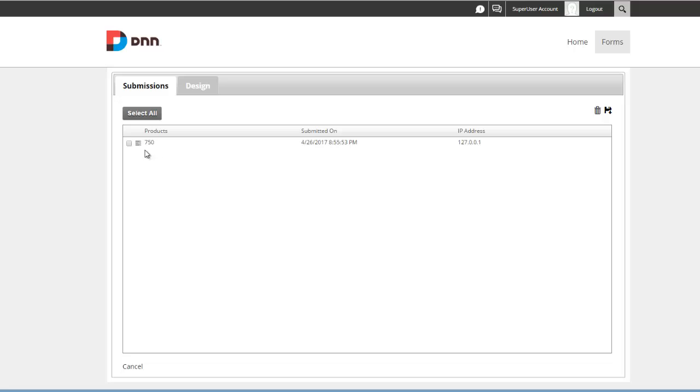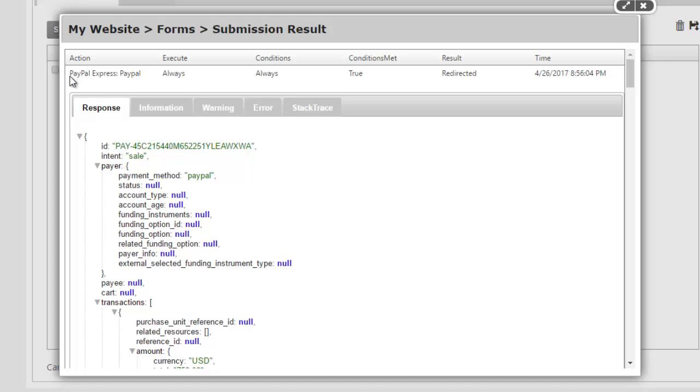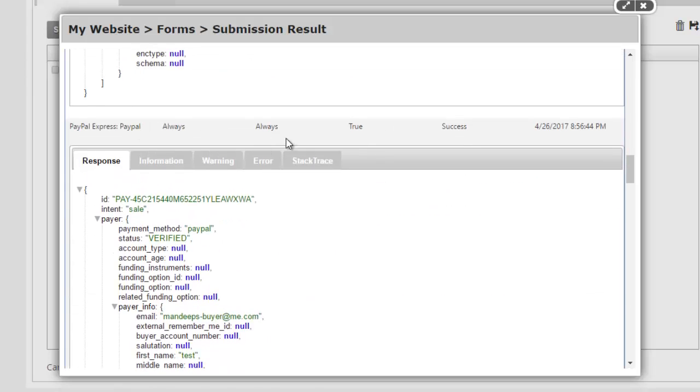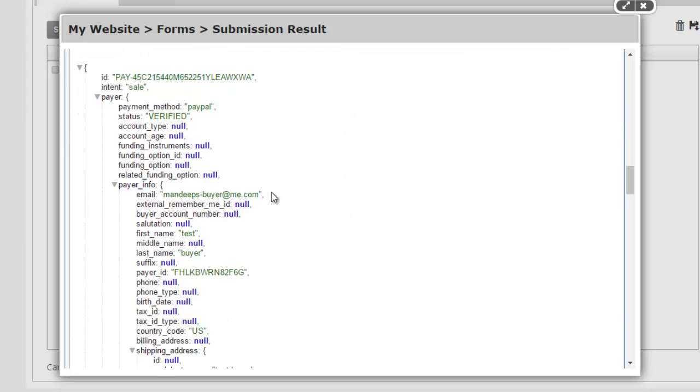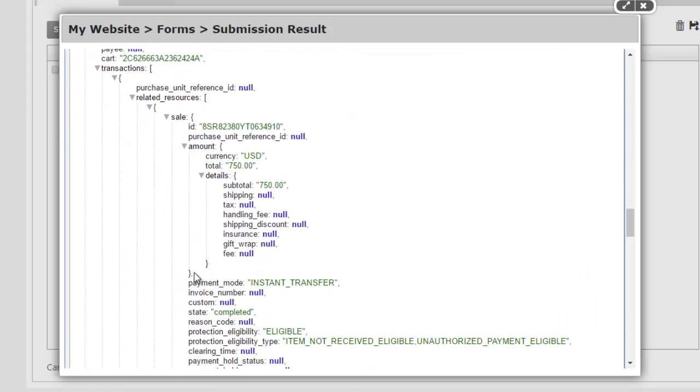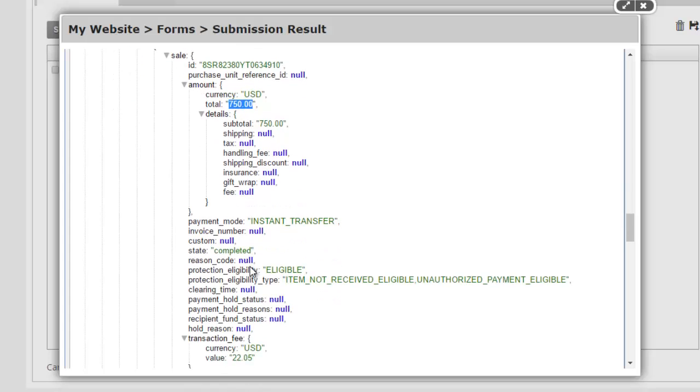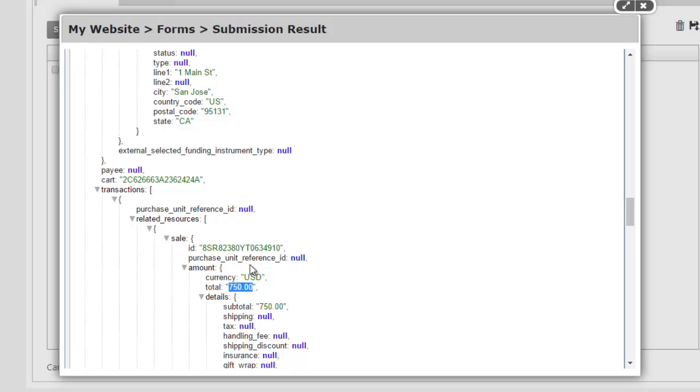When I log in, you can see that one submission was made, and here in the actions I can see the PayPal Express action. First it was redirected to PayPal, and that was done. Then if you scroll down, you will see that the action was successfully completed, and we have all the data in the world right here that PayPal returned to us, including the ID, the transaction, the total amount, and so forth. So one of the things we want to do is show to the user that the sale was processed successfully,